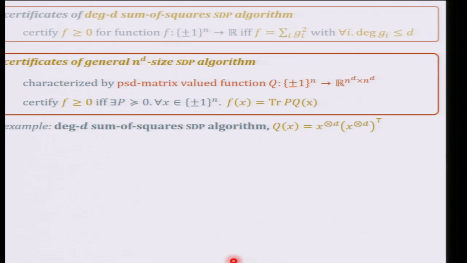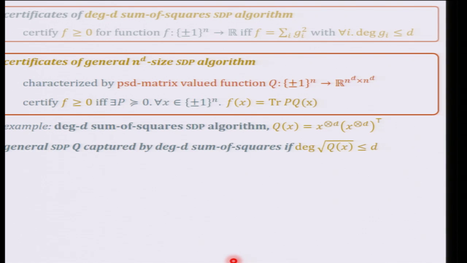Okay, and you go over all possible PSD matrices P, and as you go over all possible PSD matrices P, you generate all the certificates that the algorithm can use. Okay, and it turns out that